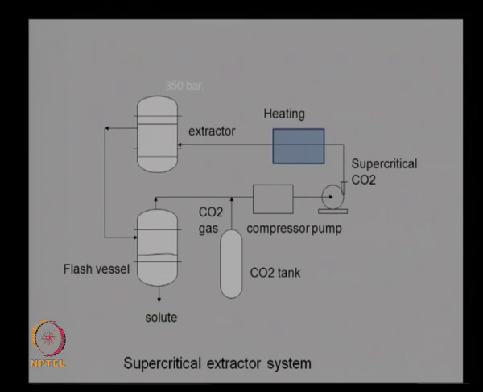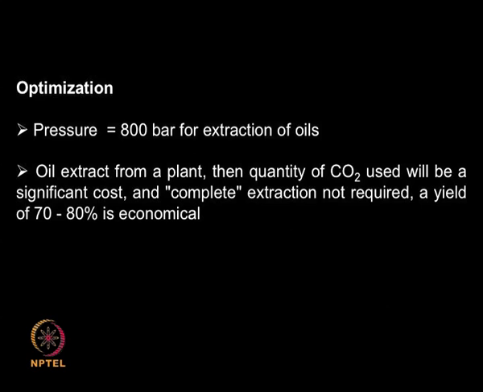Okay. So this is a typical schematic diagram of a supercritical unit, and of course because of the high pressure you may require extra alarms and extra pressure relief systems and so on in this particular system. Okay. Optimization is a very important study we need to do. What should be the pressure at which I get the maximum extraction efficiency? If you are talking about extracting oils, I may go up in pressure,